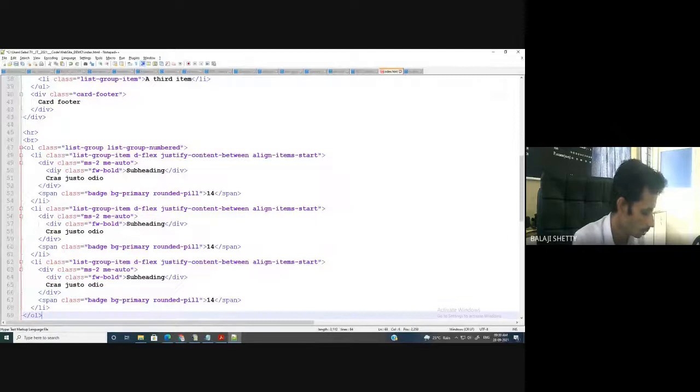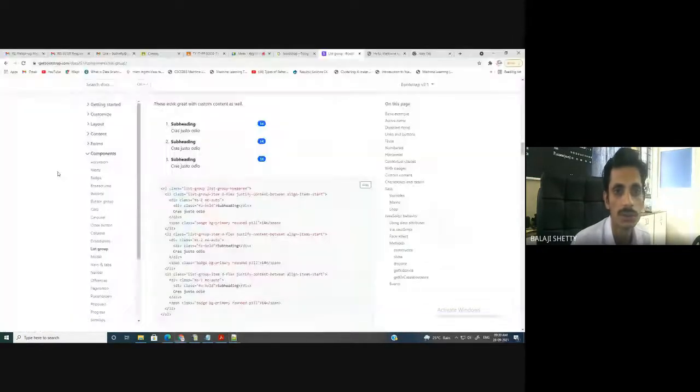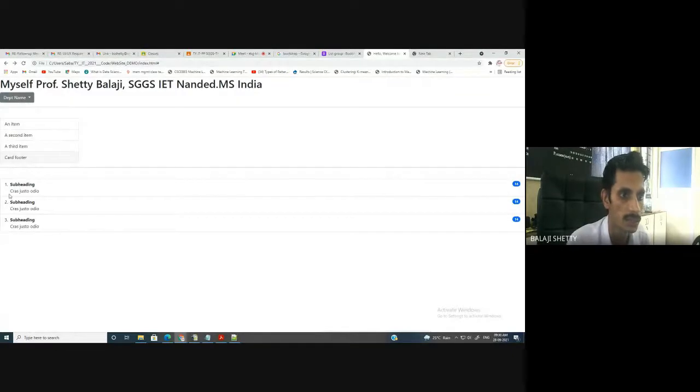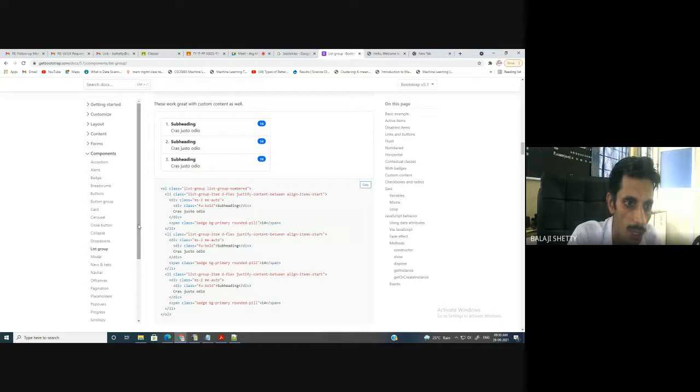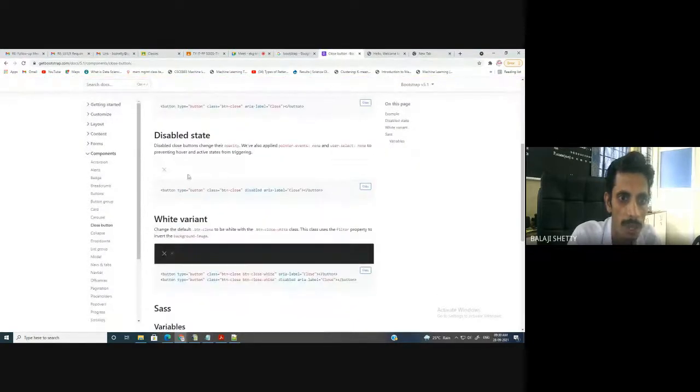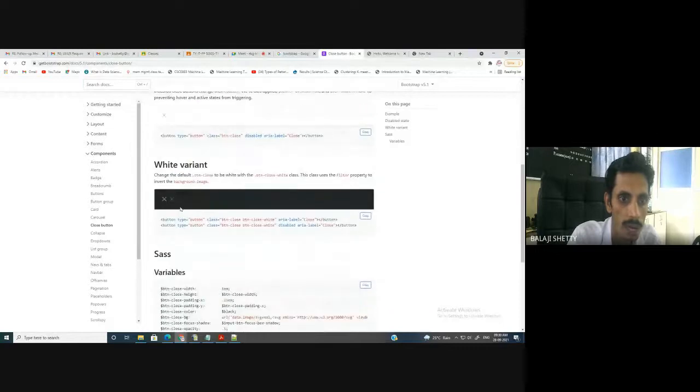Control V, Control S. Okay. Here again you go to this. You can see here. When you see the changes, you can see the count. So everything is available in Bootstrap. Just you have to explore what you want to use, and depending on that, these are different buttons: close buttons, disable buttons. Okay, white variant.